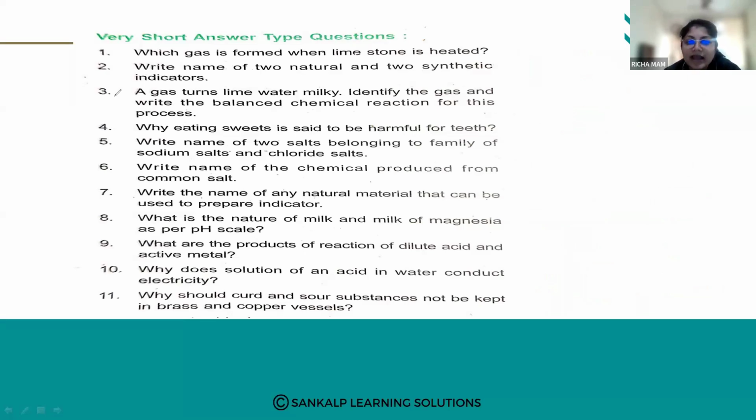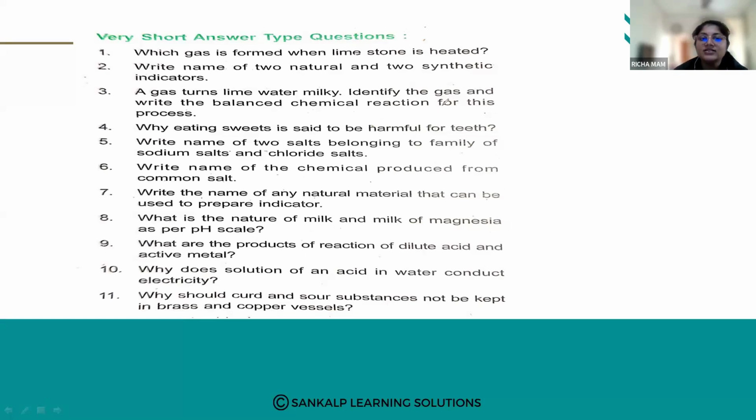A gas turns lime water milky. Identify the gas and write the balanced chemical equation for this process. Okay, so you have to write the equation for this. How are you going to write this? You have to identify the gas and write the balanced chemical